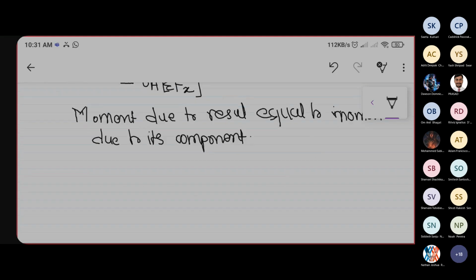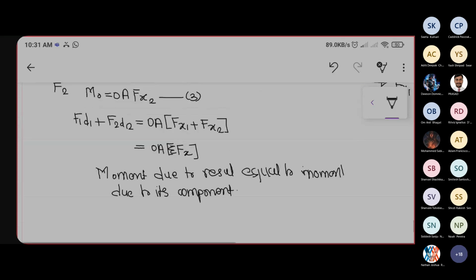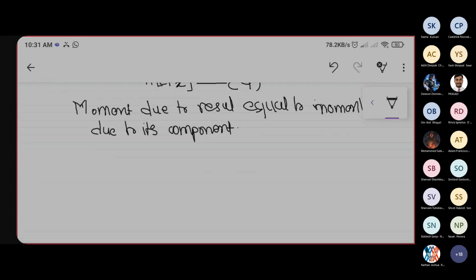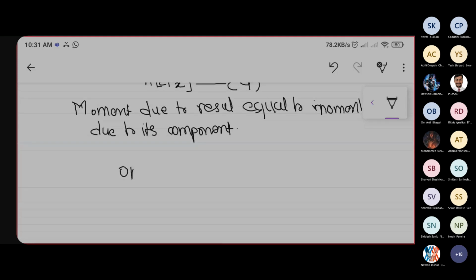Okay, so we can equate this equation number 4 and equation number 1. What is that equation number 1? OA into Fx is equal to